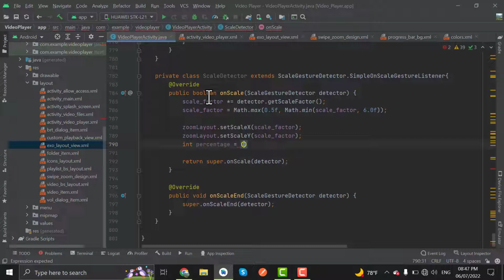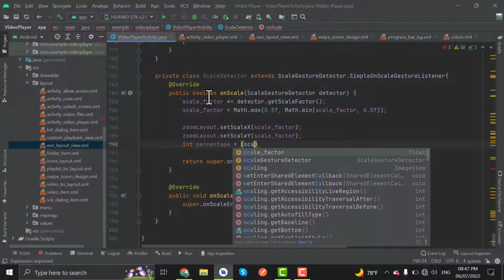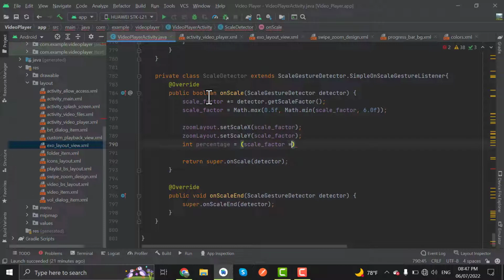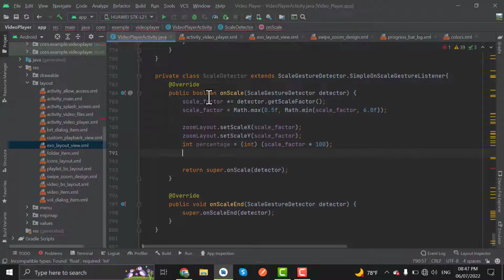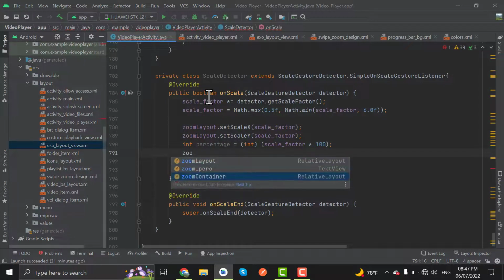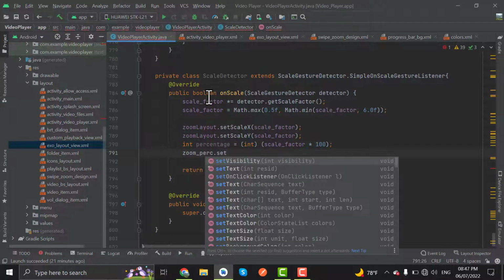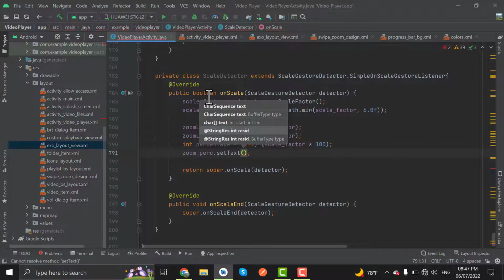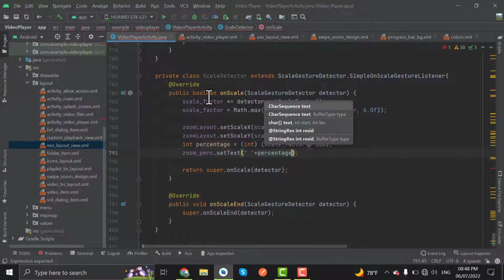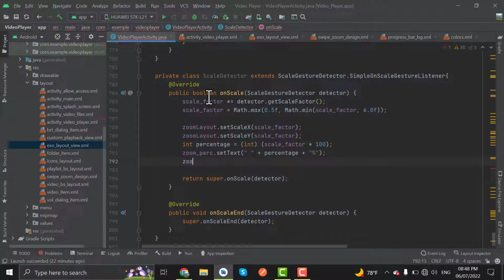In parentheses, scale factor, static 100, Alt+Enter, cast to int, and zoomPercentage.setText. Give the space here, plus pass percentage, plus in double quotes percentage, and zoomContainer.setVisibility will be visible,